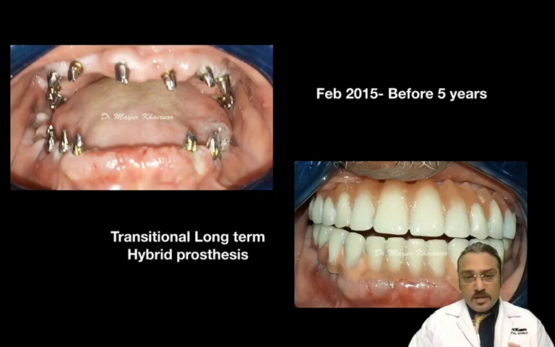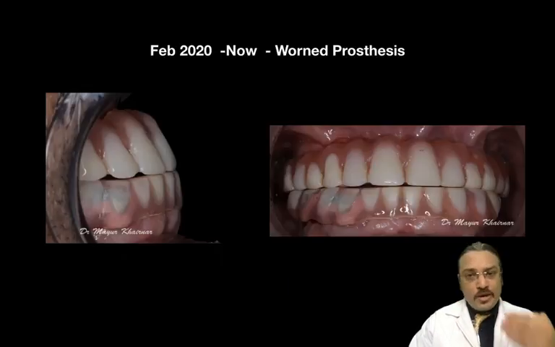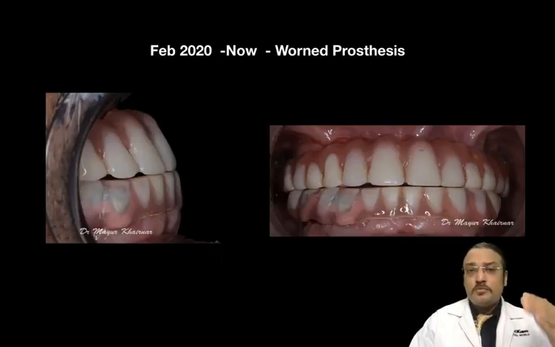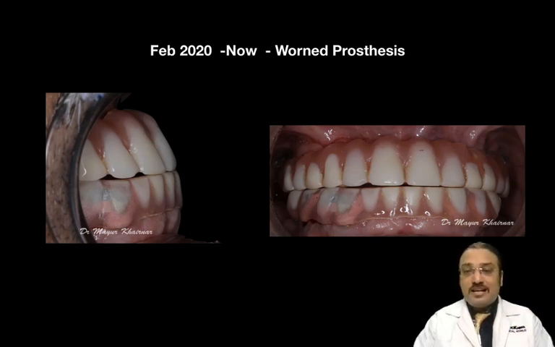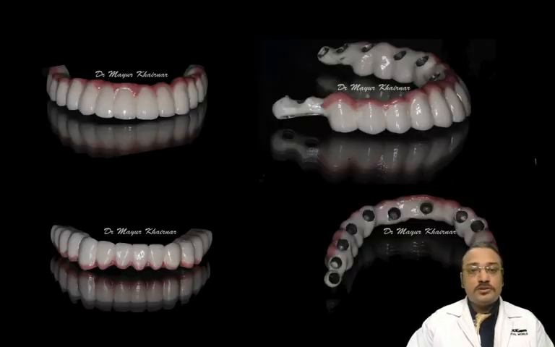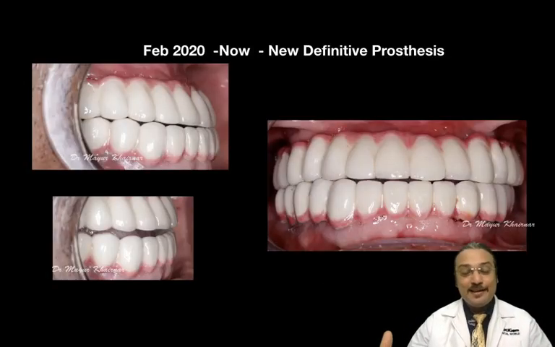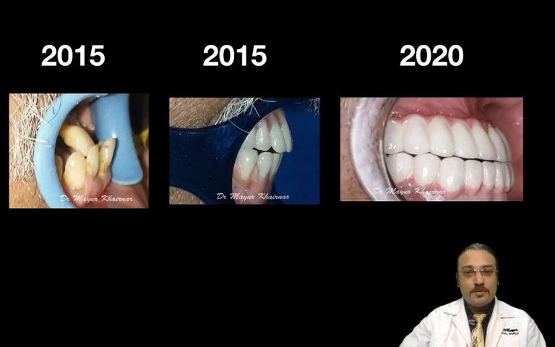These are the intraoral images. This is a temporary hybrid prosthesis given to the patient for a certain period of time, around 2 years. But the patient maintained it very well for 5 years, and then came to us in February 2020 where the teeth were all worn, all were flat. So we decided to remove the teeth and give him a definitive prosthesis called a porcelain prosthesis, that was designed and framed and then given to the patient, and that's how the patient received the teeth in the upper and lower jaw. That's a new definitive final prosthesis.